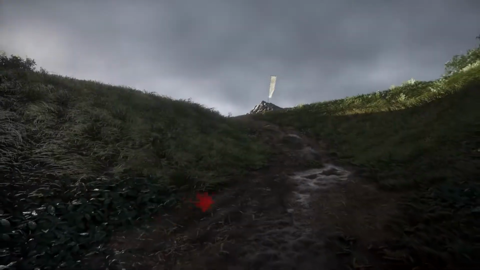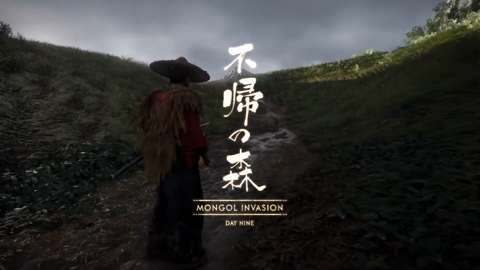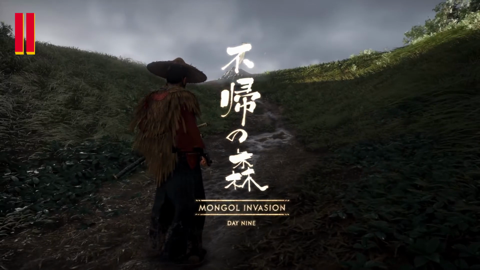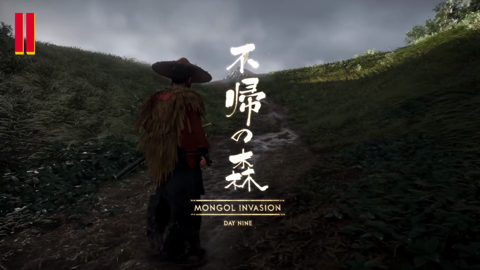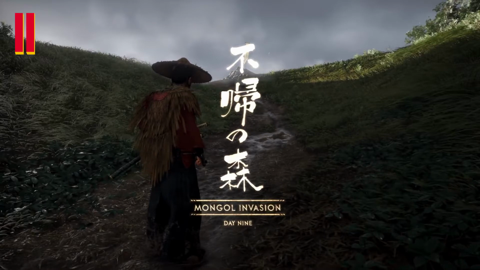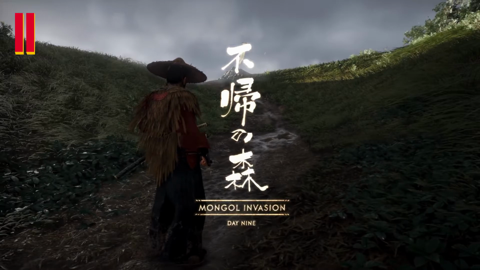This is most likely due to the game taking place over a prolonged period of time, as made evident by the title that appears on the screen letting us know that it's currently the 9th day of the Mongol invasion. Whilst it's not a surprise that this story takes place over multiple days, it's nice to have confirmation. The best stories often communicate a great change in our protagonist, and a longer story allows for this change to